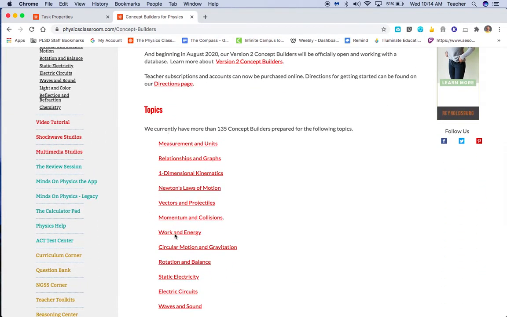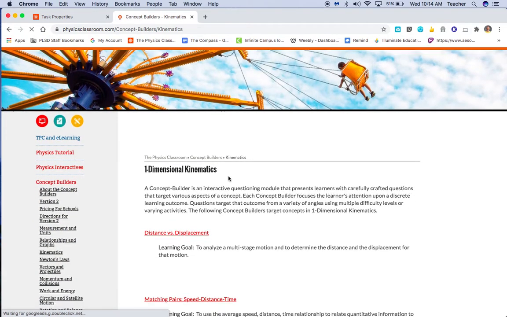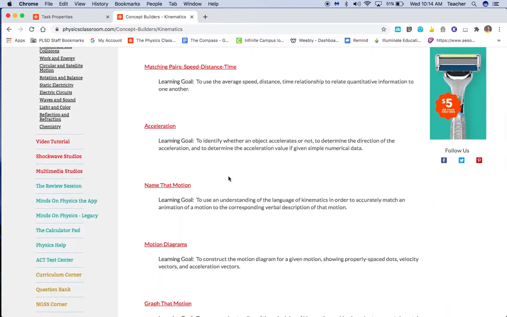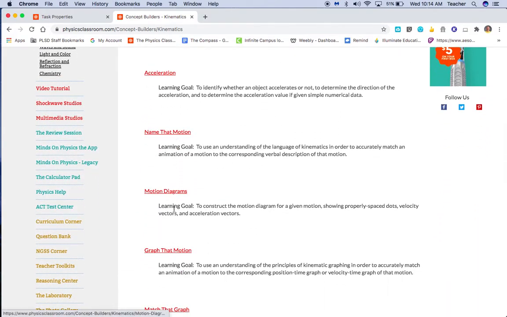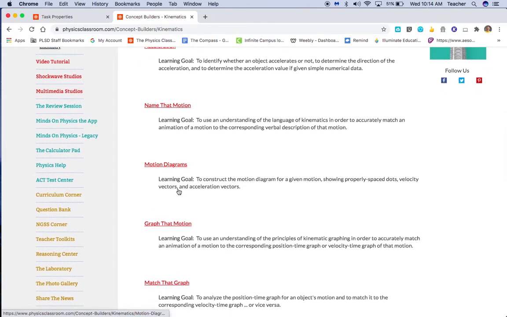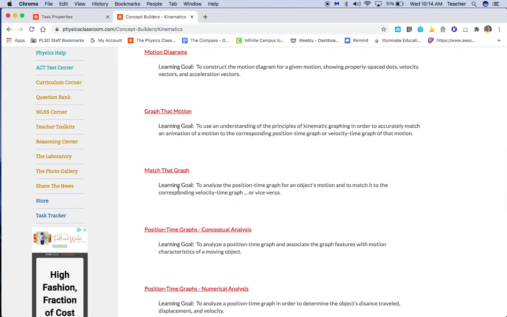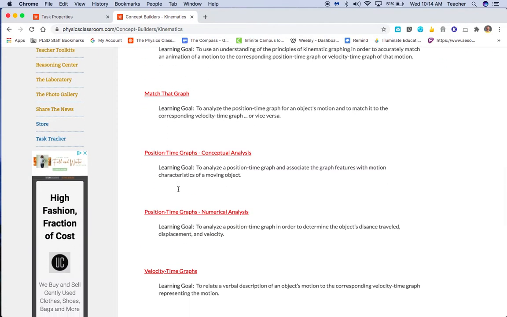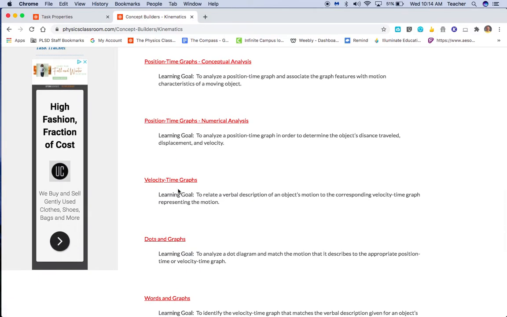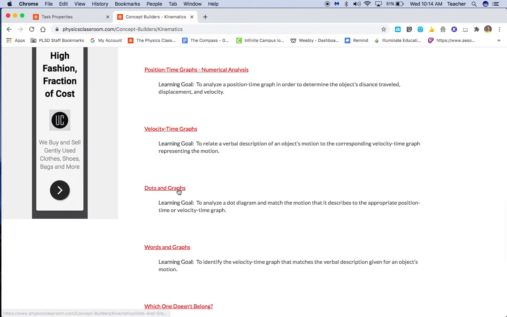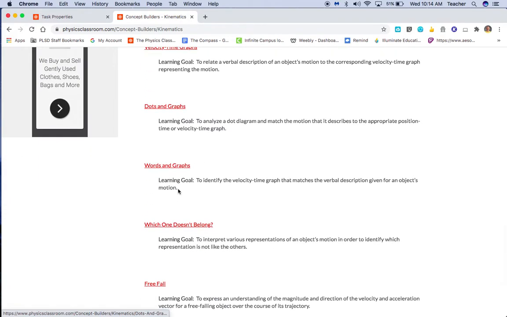So the topics are all down here. If you notice, I selected one-dimensional kinematics, so that's what I'm going to look at. All these are different. Again, there's a lot of things kids can do. Most of the concept builders have 2 or 3 different activities in them. And you can decide whether you would want to assign all those to your students, which is kind of repetitive, one of those to your students,